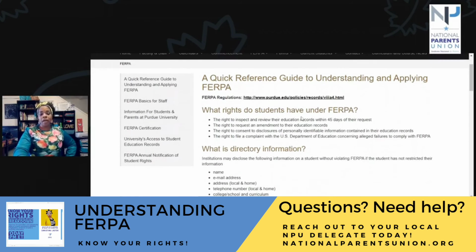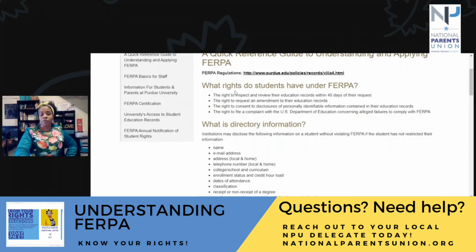So here they delineate this for college students. What rights do students have under FERPA, which I just went through, right? You do have the right to inspect and review your education records. No one can deny you that. You have a right to request an amendment to your education records. I've done that before, right? When I look through records and I see something that is not correct, or not correctly stated about my children, I request an amendment to their education records because I do not want that bad record and that bad information to follow them throughout the course of their educational journey.